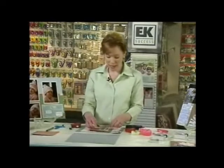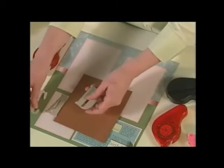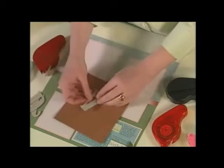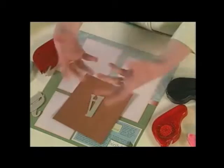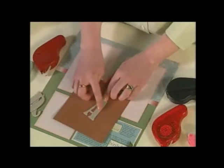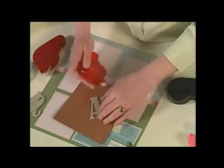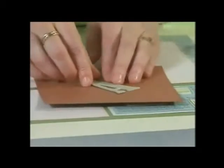This is a great tip. I like to trace things and cut them out, and sometimes I have to just hold down whatever it is I'm tracing and then it shifts on me and distorts the image that I'm trying to trace. So if I take that removable adhesive, put it right on the front of the item, I can flip that over,